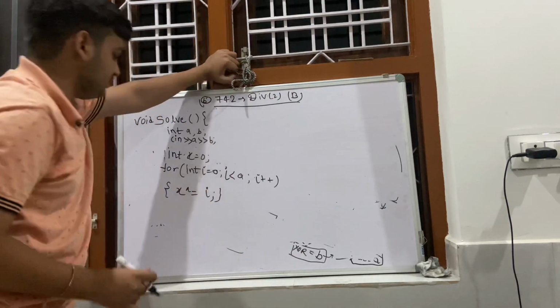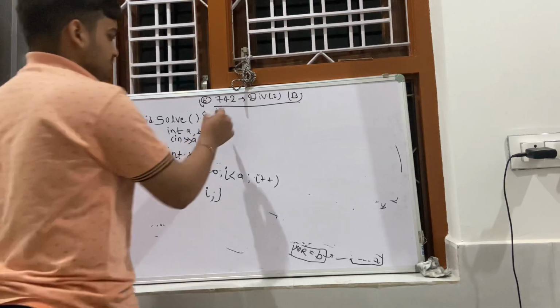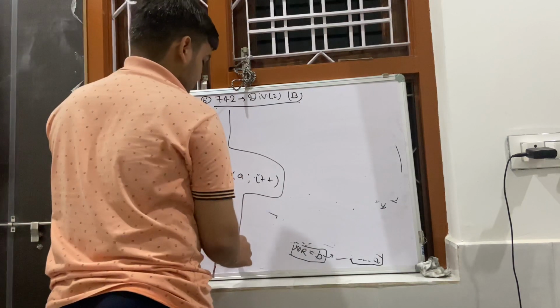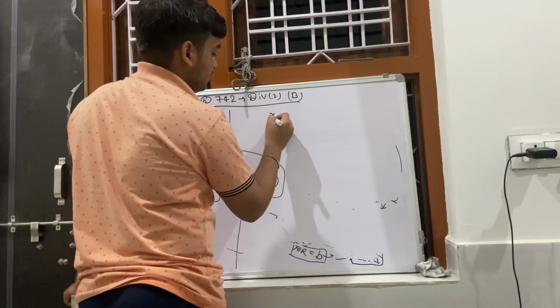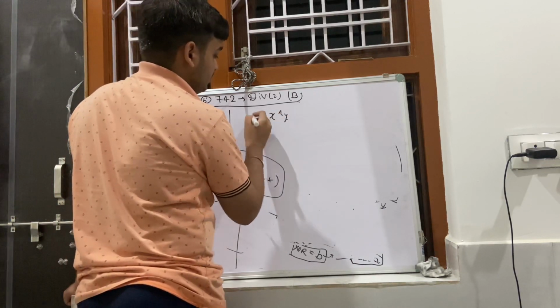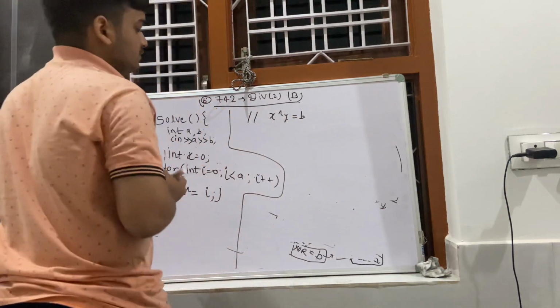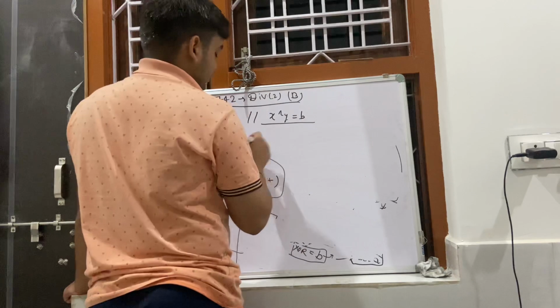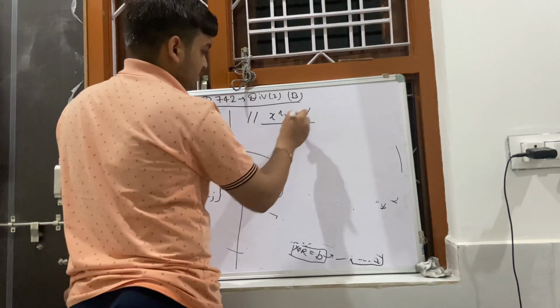This will give me the XOR of the lesser elements. Now I need to find some value y which will give me b. Here I have the value of x and the value of b. I need to find